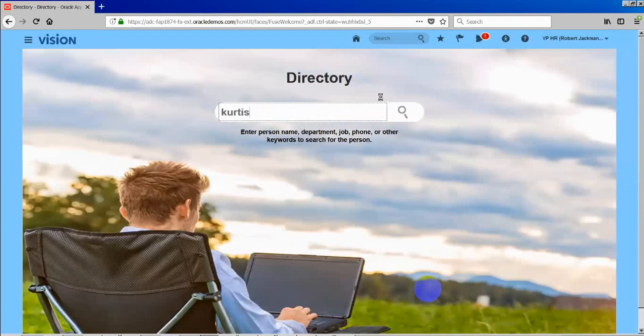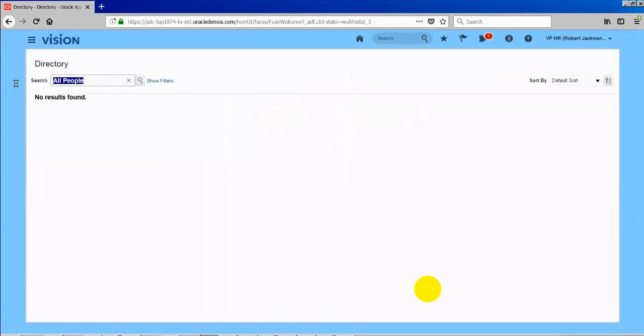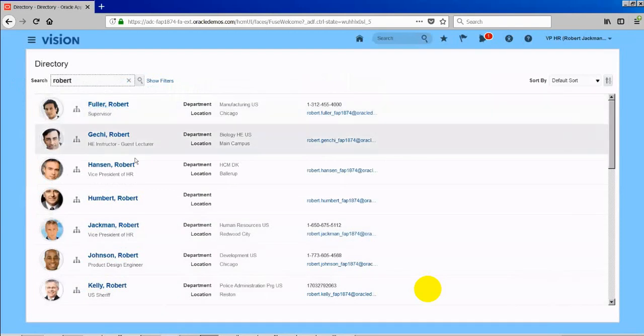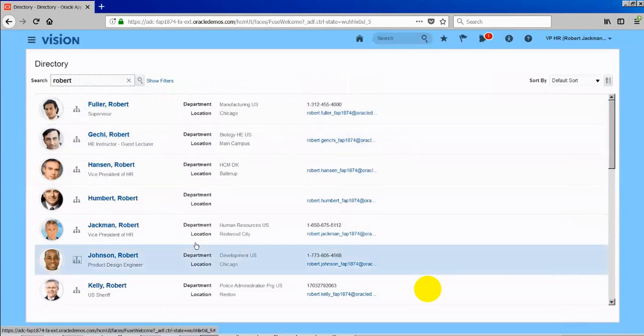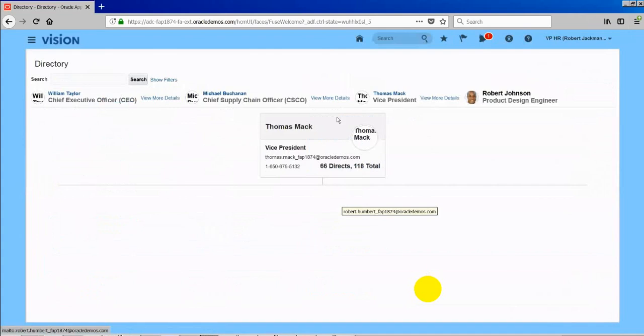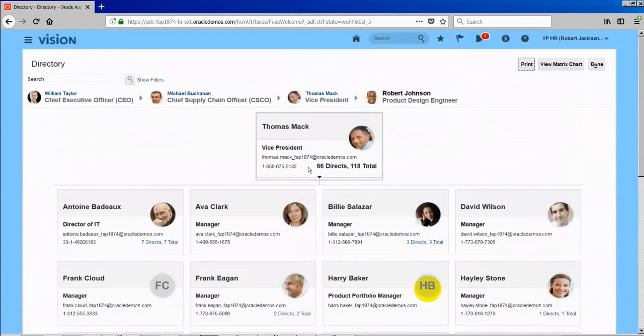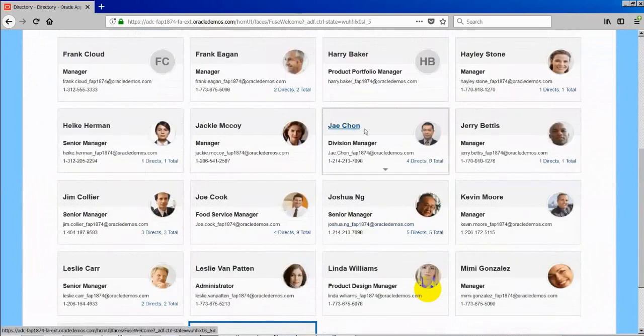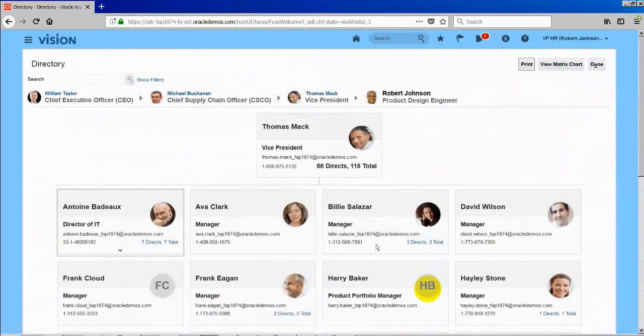I'm searching for a person. Let us say I'm searching for Robert. So there are this many Roberts here. I can look at their department and location just like this, or I can see them in the hierarchy. For example, if I open this view in organization chart, I can see it in the organization like this. He's a manager. This manager has this many people reporting to him, and this person is there. This person has 4 direct reports and 8 direct and indirect reports like that. So we can say it is a company-level organization hierarchy chart.